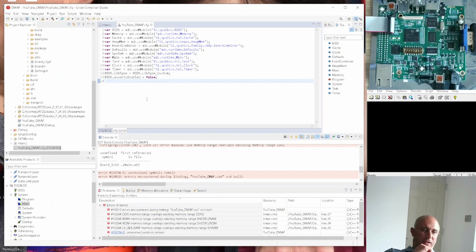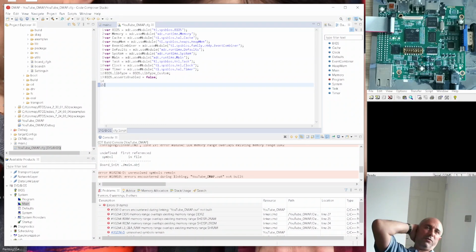So there is something we need to add as well. You can add other stuff like the hardware HWI, the hardware interrupts and software interrupts. We'll add that in a different video, but for now I think we just want this whole thing up and running. So what you need to do now is,